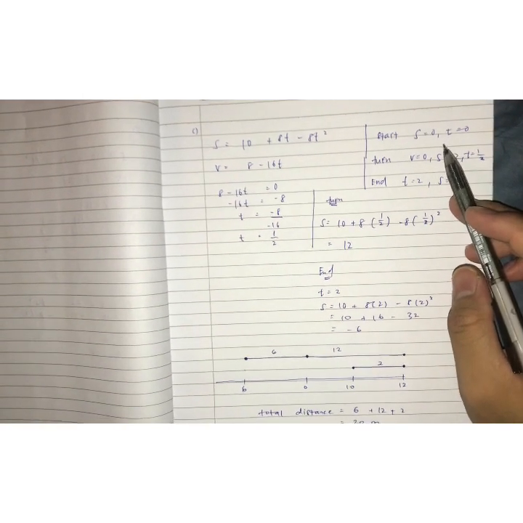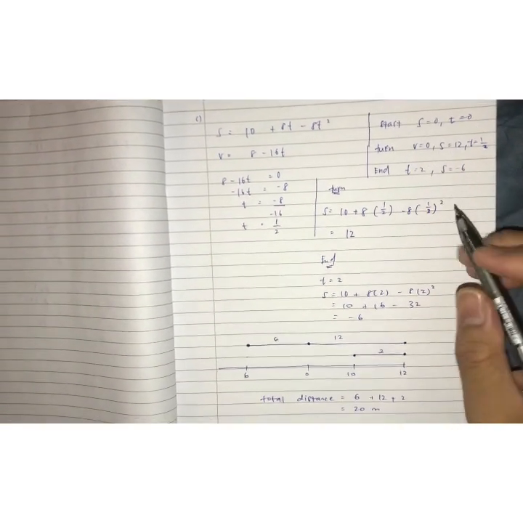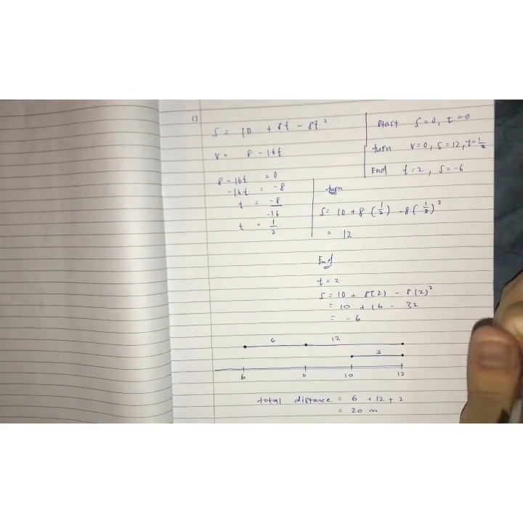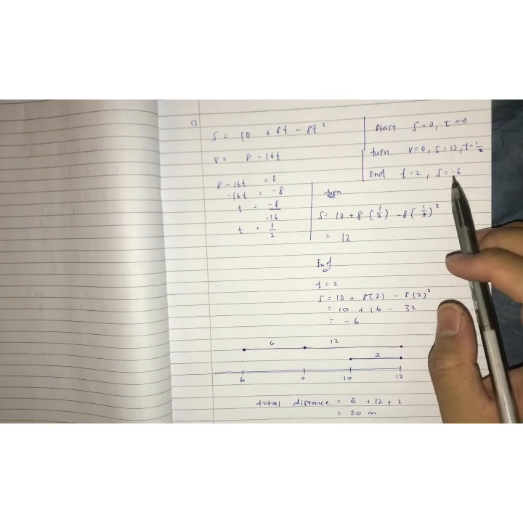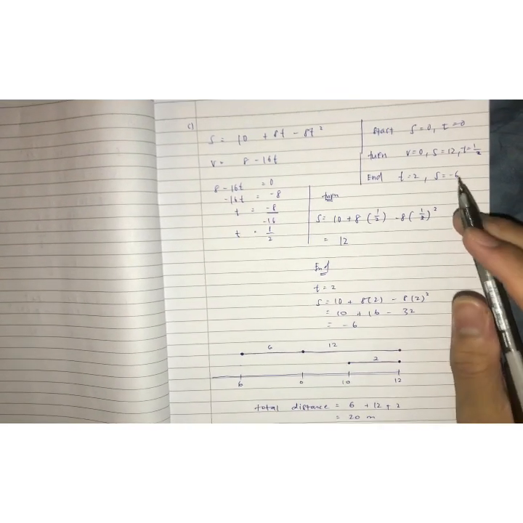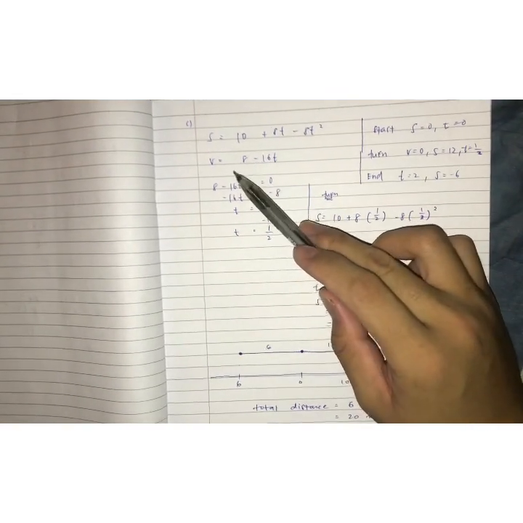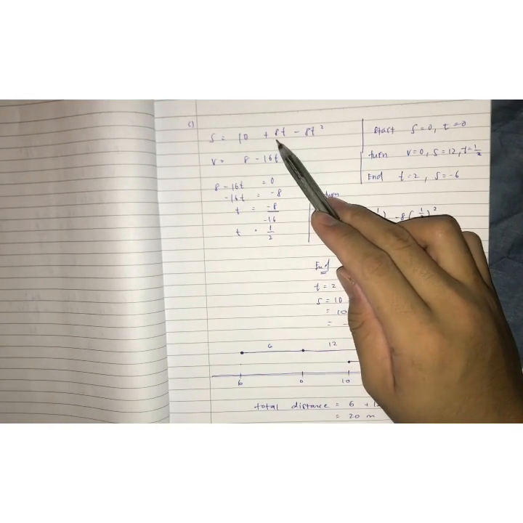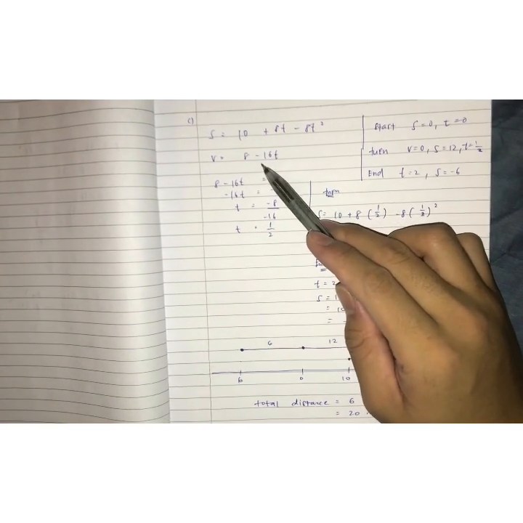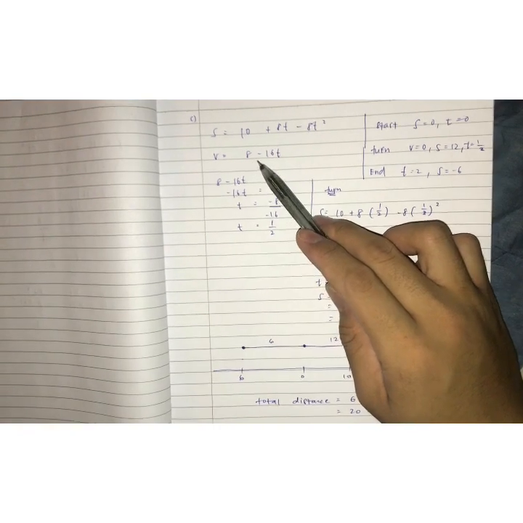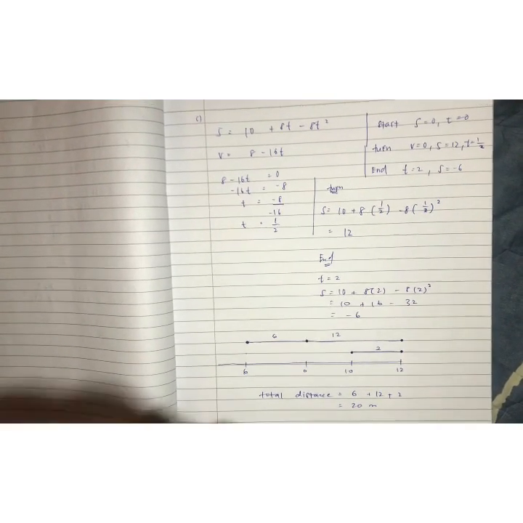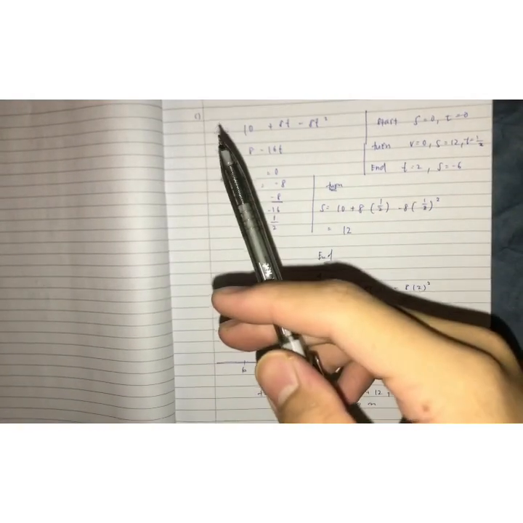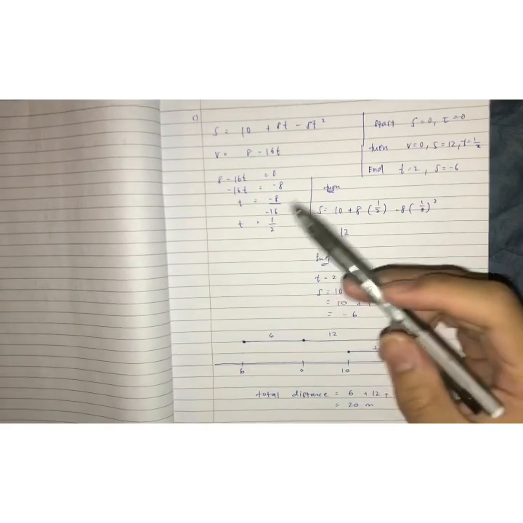Next, we need to find the displacement when the particle turns. When the particle turns, the velocity will become 0. So the clue is velocity is equal to 0. What we need to do now is differentiate the displacement function to form the velocity function. So we will get 8 minus 16t. Since the clue given is velocity is equal to 0, we can equate the velocity function to 0,